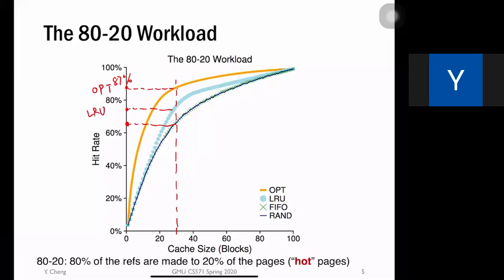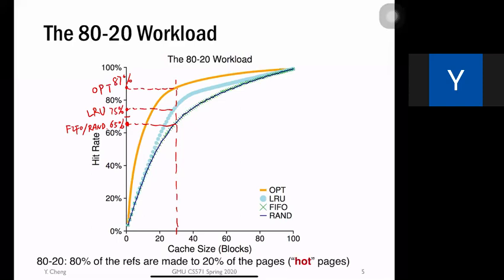So LRU is above 70. Let's say this is 70, so this should be 75, somewhere around that. And FIFO and random, as you can see, both achieve almost identical performance in terms of hit ratio. Let's assume this is 65. Both FIFO and random. So as you can see, for this 80-20 workload, which exhibits some sort of data locality, temporal locality,